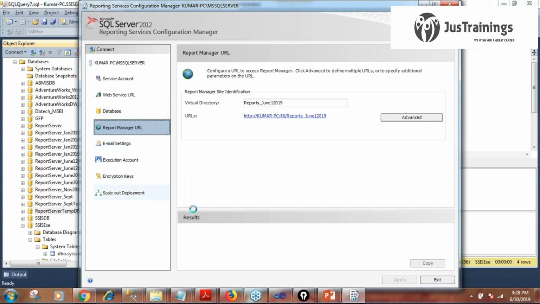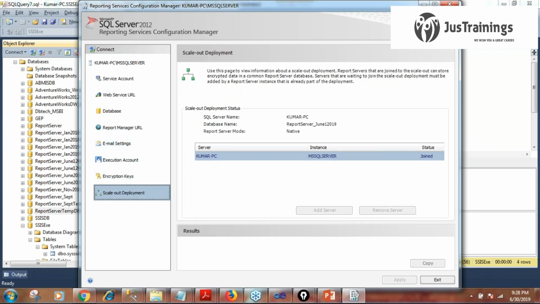Then we have something called scale out deployment. If your reports are simple and few, then we go with one server and one database: one report server and one report server database. Let's say your reports are complex and multiple users are using them, then we use the concept of a load balancer, NLB.